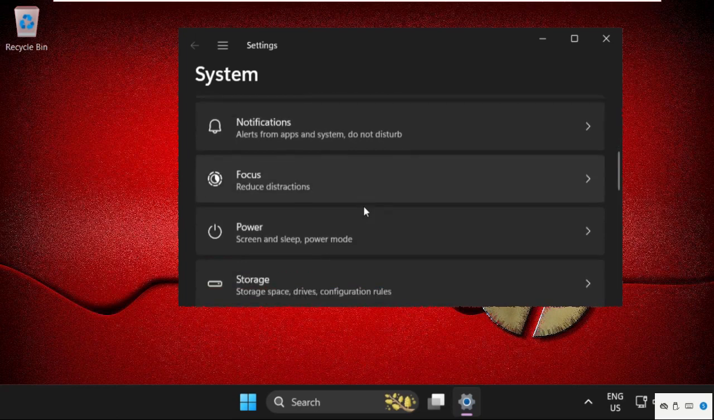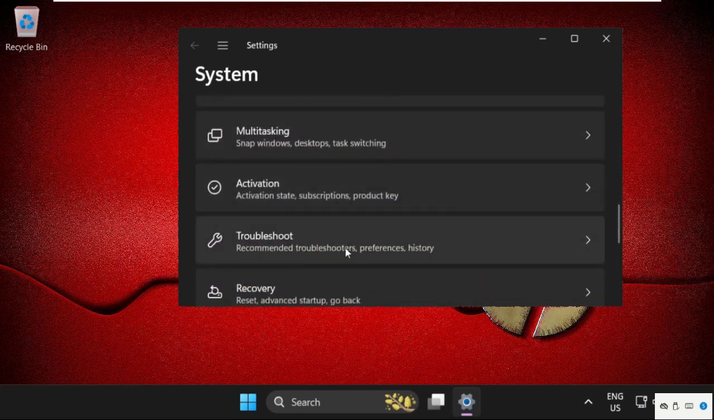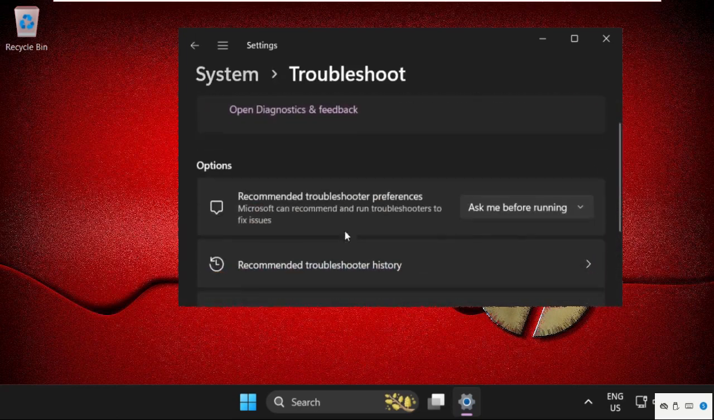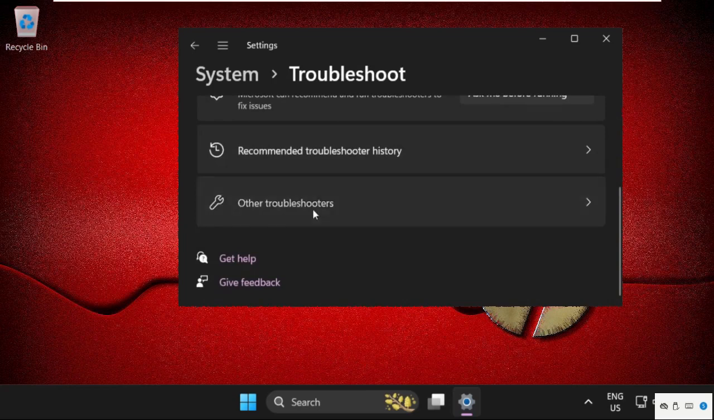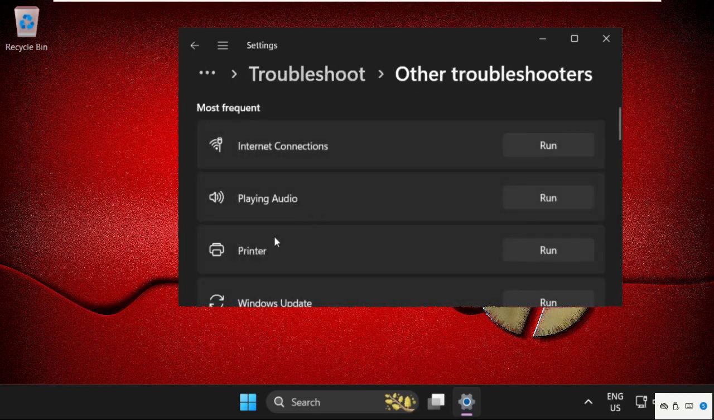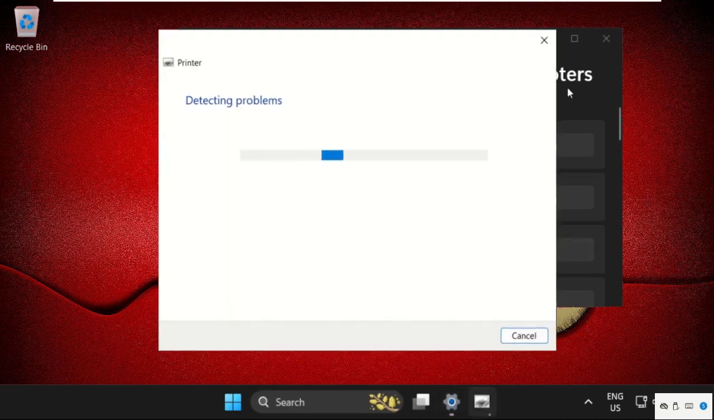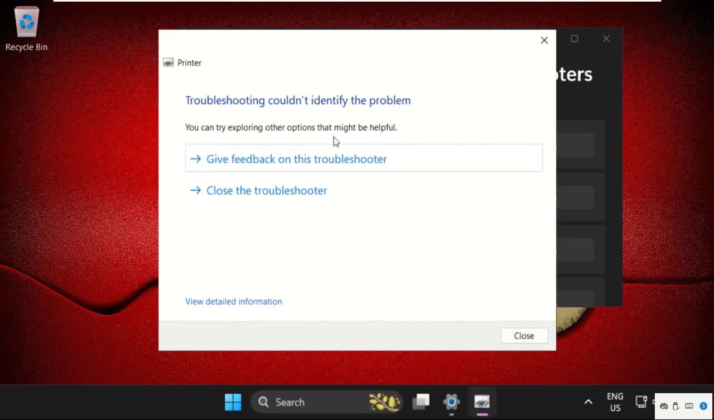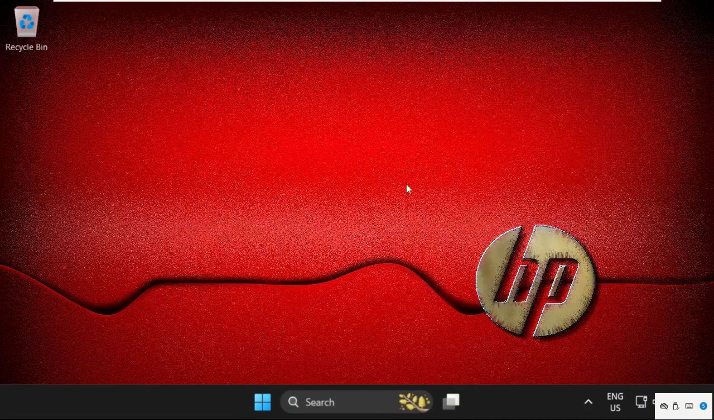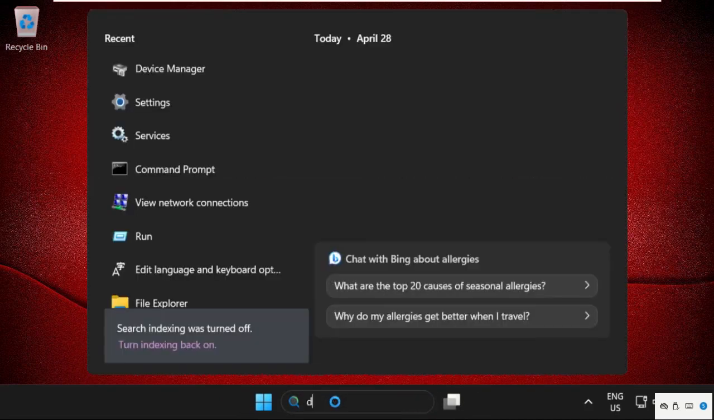then just scroll down and search for troubleshoot. So click here to open it. Again, click on other troubleshooters, and from printer we need to click on run. So it will try to detect the problems. So if you get the problem and resolve it, close this window and go to search bar, type in